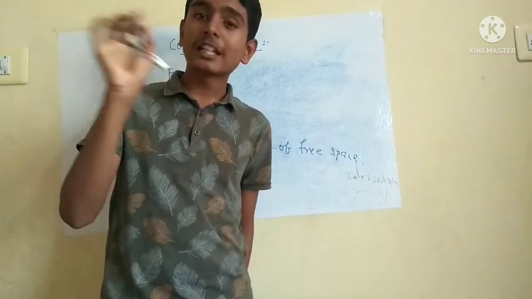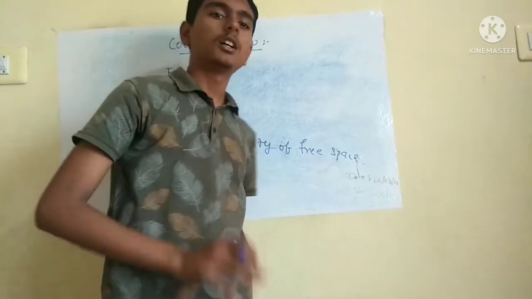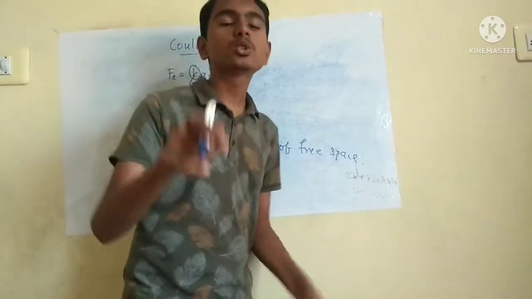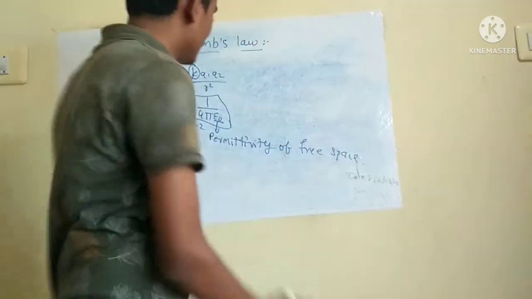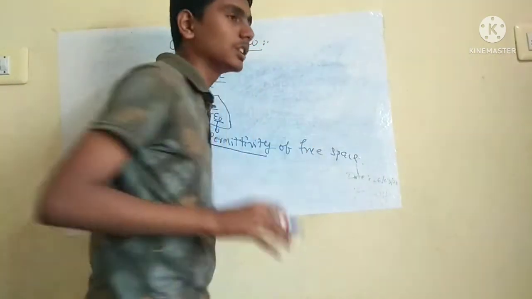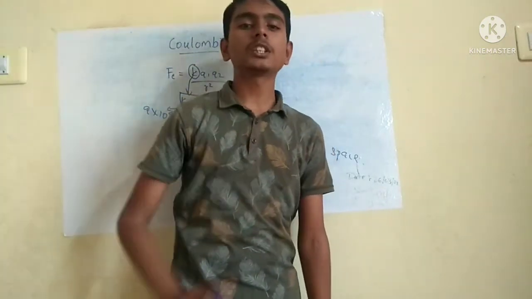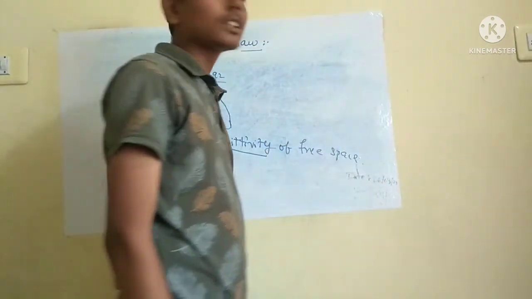वो उसके बीच में इलेक्ट्रोस्टैटिक फोर्स रहेगा ना, वो फोर्स को कम करने का क्षमता किसके, मीडियम के, उसको हम कहेंगे परमिटिविटी. Permittivity, by this word only you can remember the meaning. Permittivity means permission. You can remember like this: permission to the medium to resist the electrostatic force between two objects.